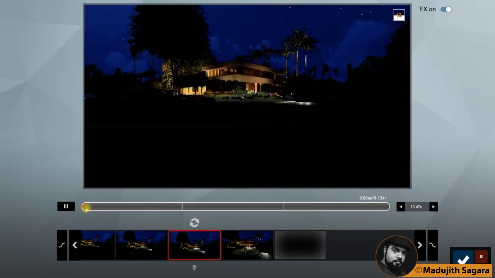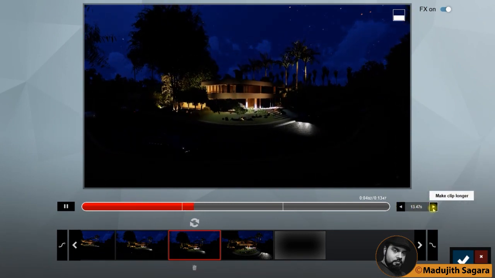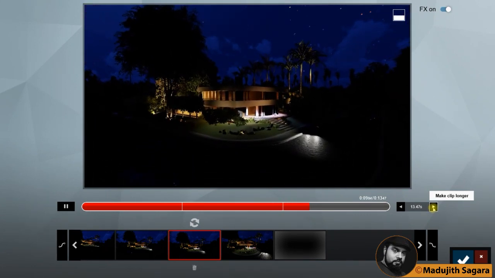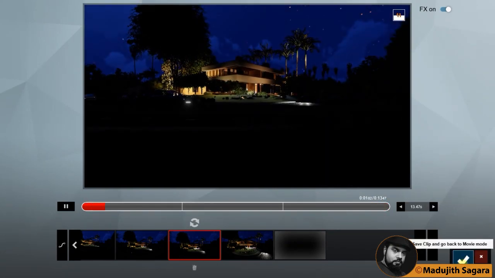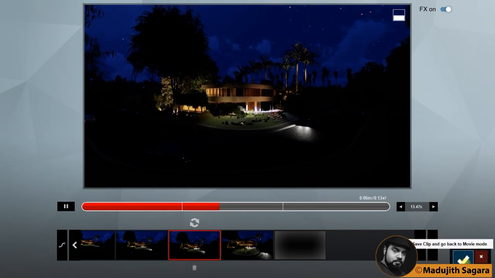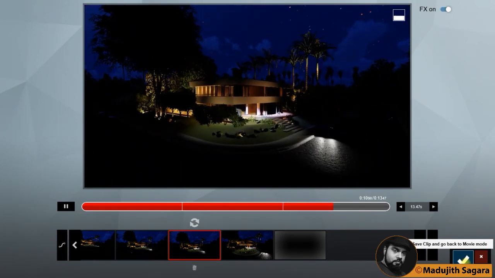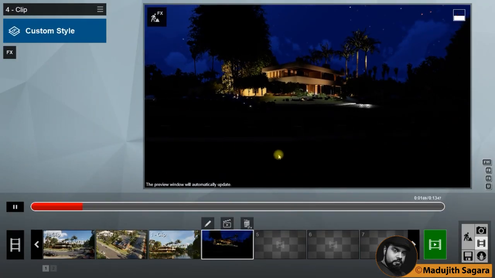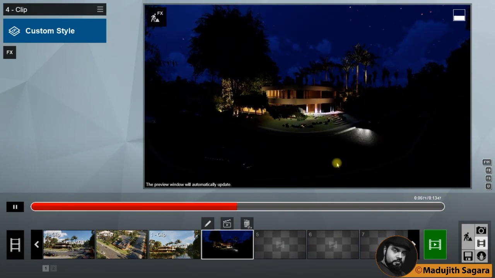If you want, you can play from the beginning, no matter. You can increase the length. It's better to increase. If you are not increasing, it will give some negative effects. And that is it. If it is okay, I can save the clip and I can go back to the movie maker and I can add some effects. It would be very beautiful. Then we will do it here. Now it is okay. You can see my movie is playing and it's a matter of rendering.